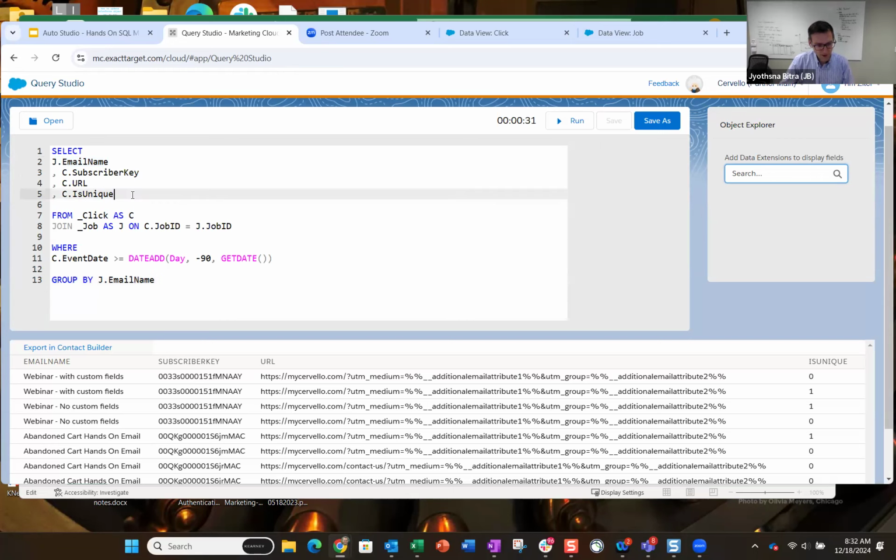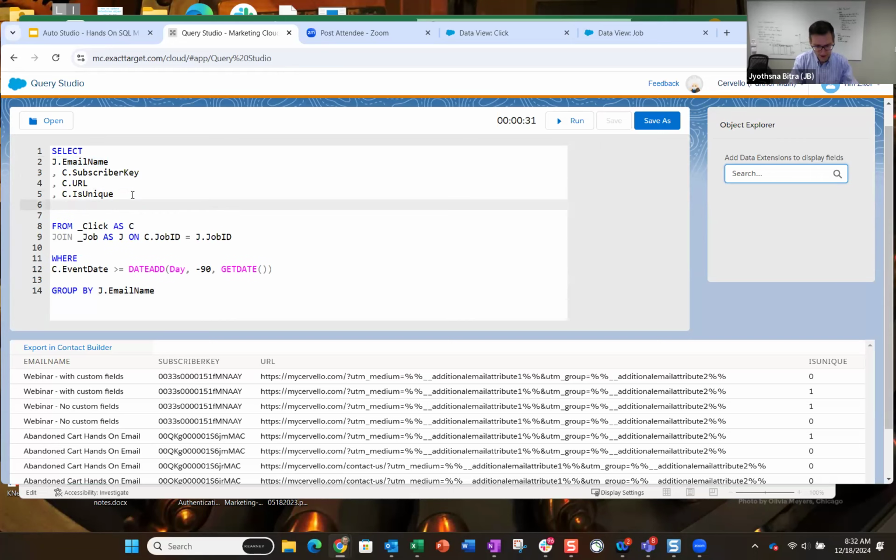And then we also want to add a field which is going to output the count of all of those clicks. So let's do count of this email name. I think this will work